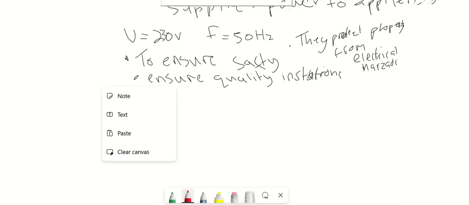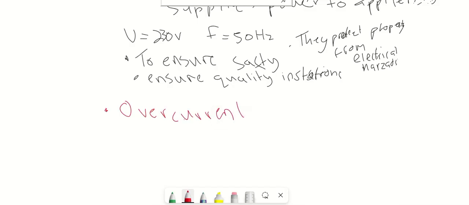So these conditions occur, they activate when there is overcurrent, when there is an earth fault, and when there is a short circuit.